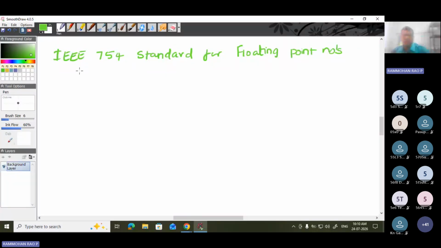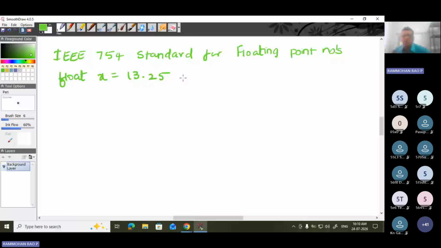As a programmer, what we will do is we will write something like this: float x is equal to 13.25. But exactly how a floating point number is stored inside the computer, that is what we need to understand. And it is based on a standard called the IEEE 754 standard. So friends, the difficulty in storing a floating point number is how do we store a point? So 13.25, storing 1325